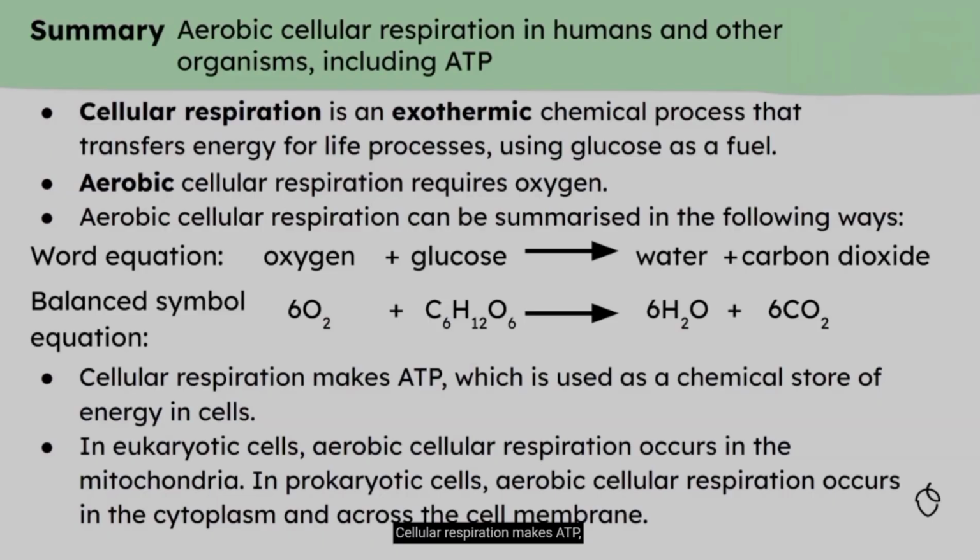Cellular respiration makes ATP, which is a chemical store of energy in cells. In eukaryotic cells, aerobic cellular respiration occurs in the mitochondria, and in prokaryotic cells, aerobic cellular respiration occurs in the cytoplasm and across the cell